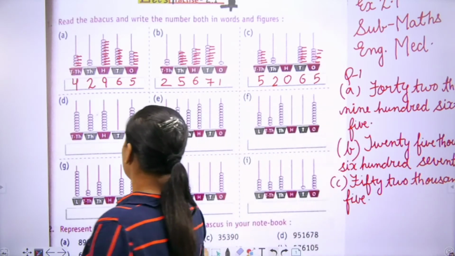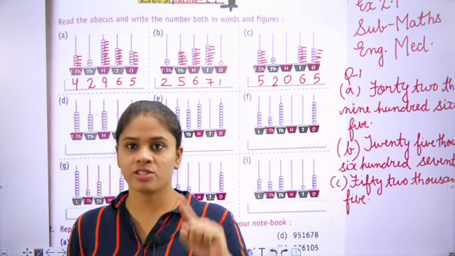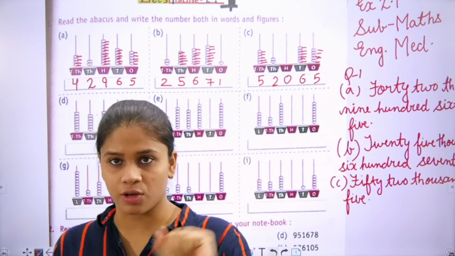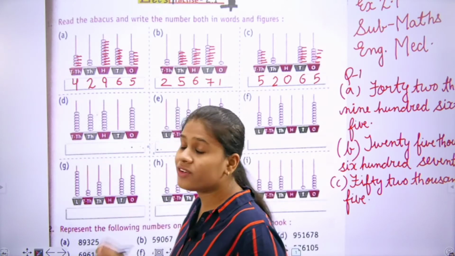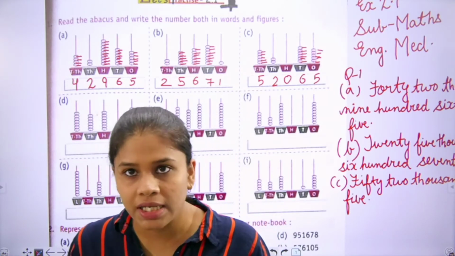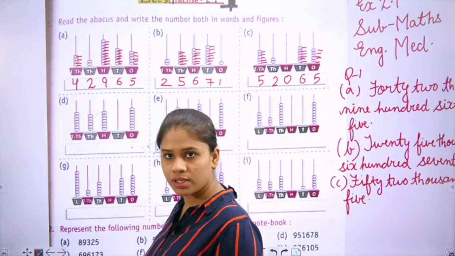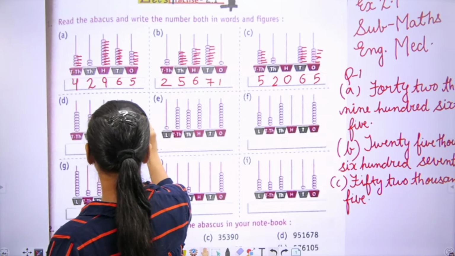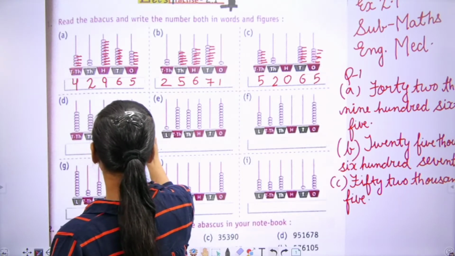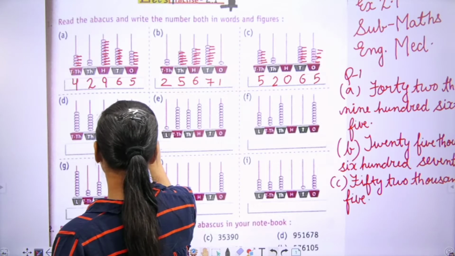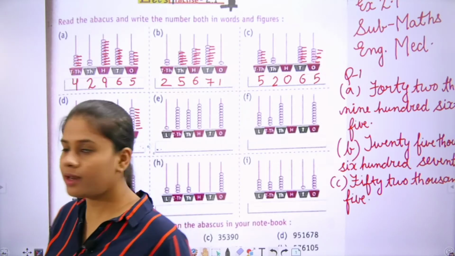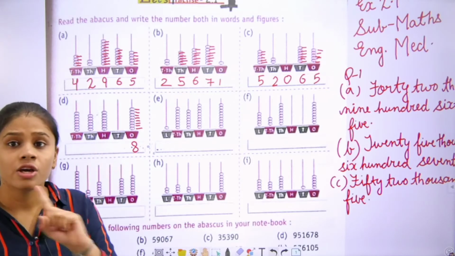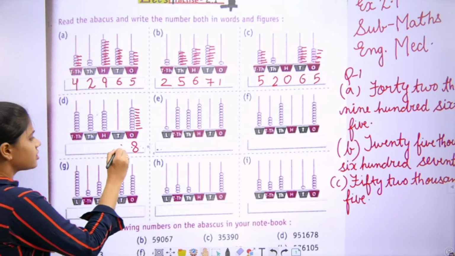D part. There are 5 Skype, that is ones, tens, 100, 1,000, 10,000. Okay. In every Skype, they contain beads. Let's count from the one side. How many beads in one side? 1, 2, 3, 4, 5, 6, 7, 8. We will write here 8. Now, in tens side, there are no beads. Again, we will write 0.